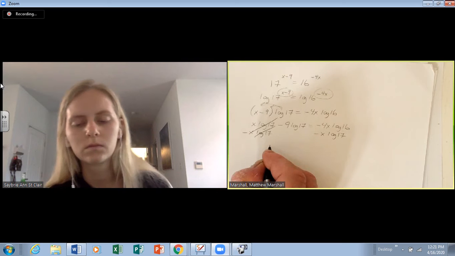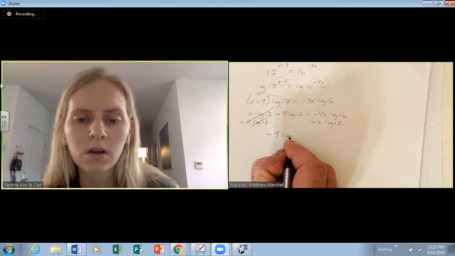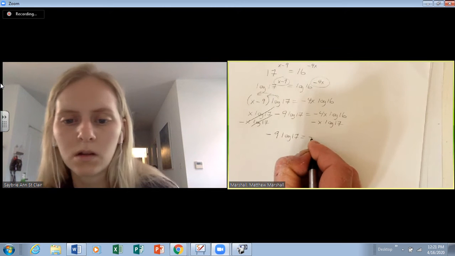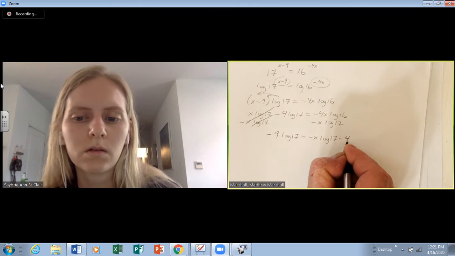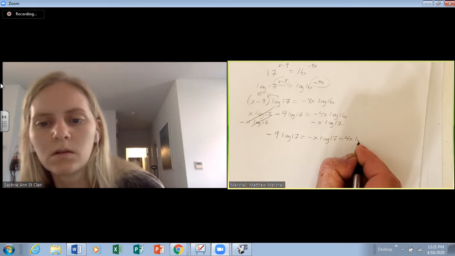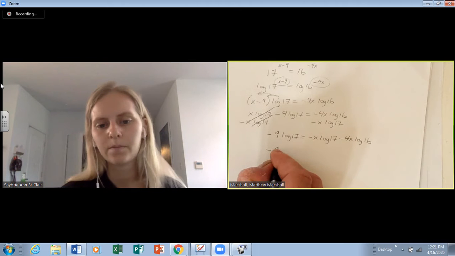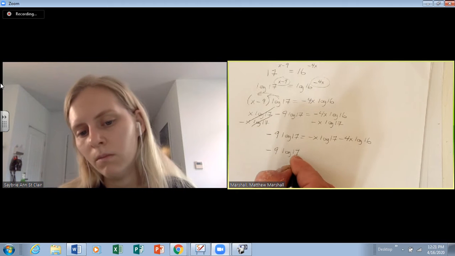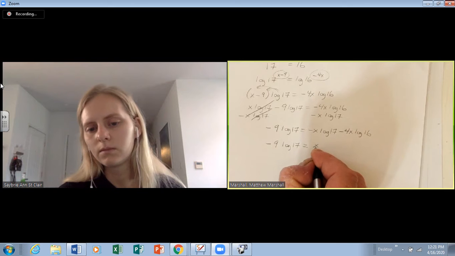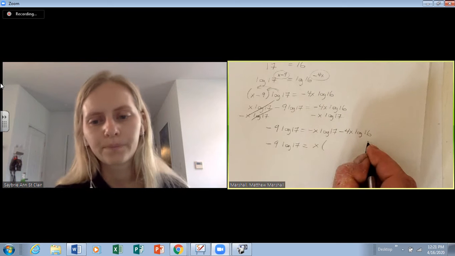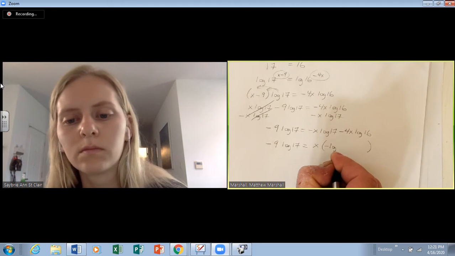And that leaves me negative 9 log 17 equals negative x log 17 minus 4x log 16. I'm going to leave the negative log 17 alone. And on that right side, I'm going to factor out a positive x, which on the inside here will give me negative log 17